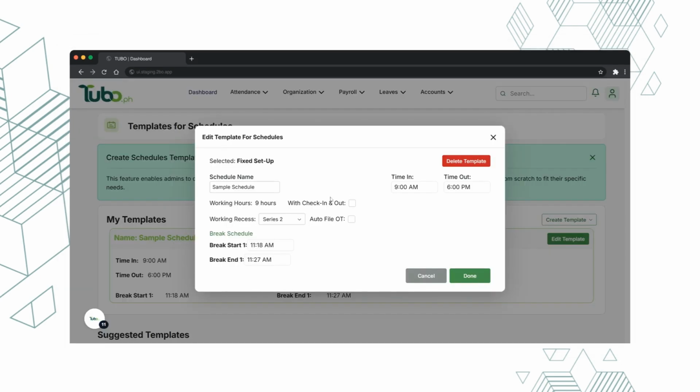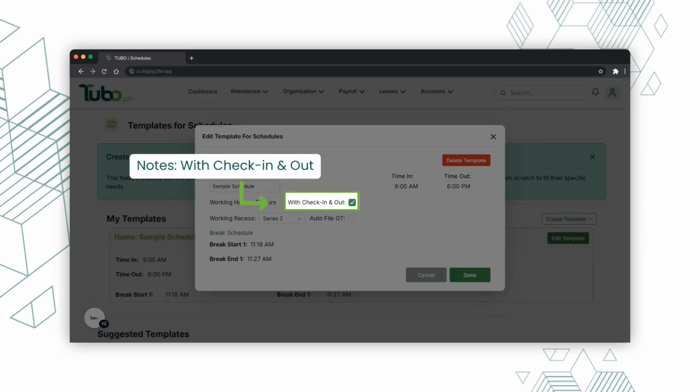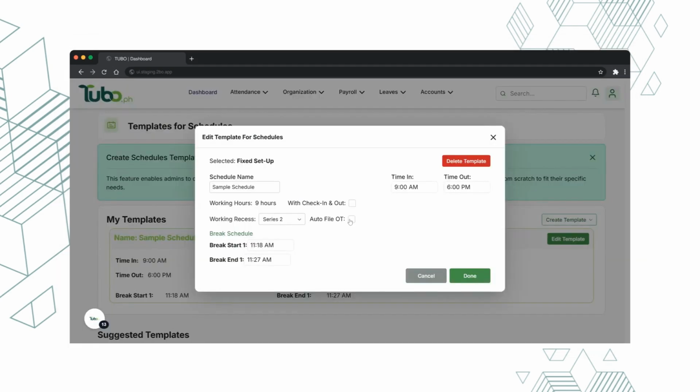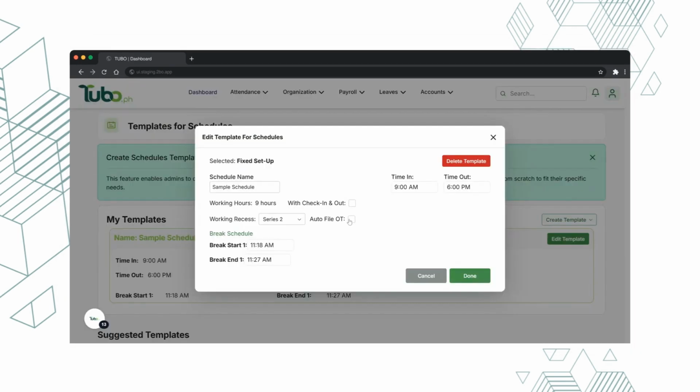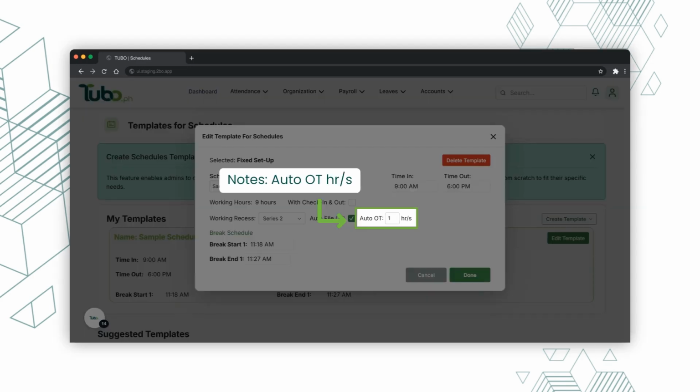If you tick with check-in and check-out, it will enable employees assigned to this schedule to use the check-in and out feature in their Tubo app. If auto-file OT is ticked, users will no longer need to manually file their overtime in the Tubo app. The system will automatically file OT based on their actual timeout, up to the maximum number of OT hours set